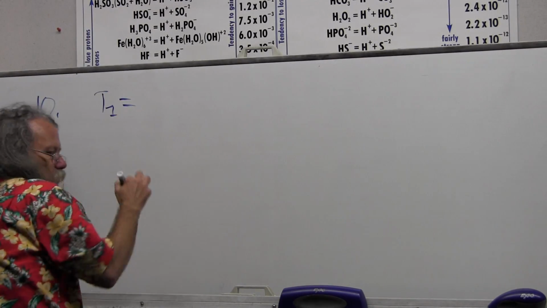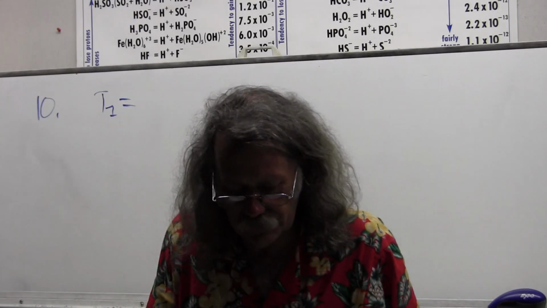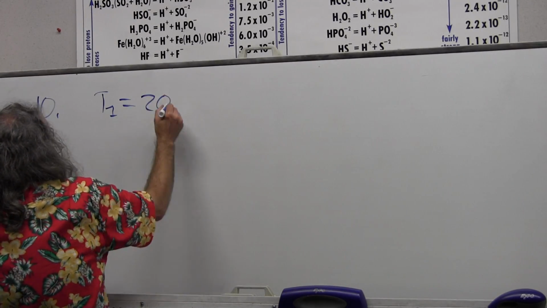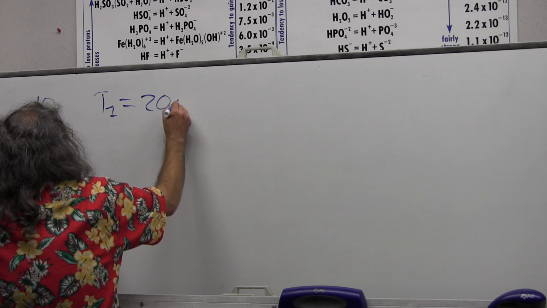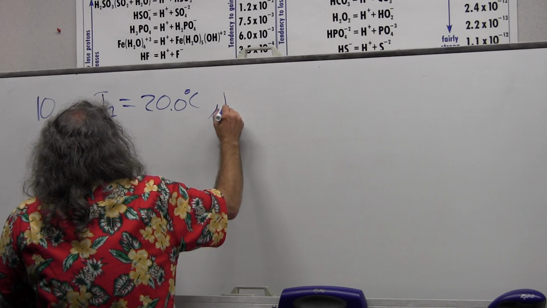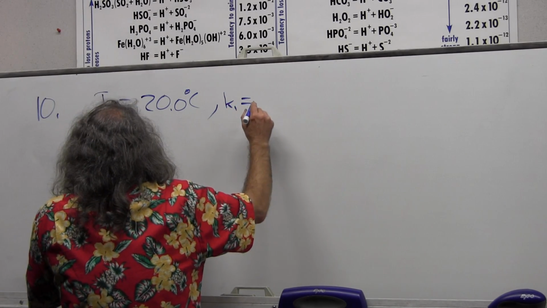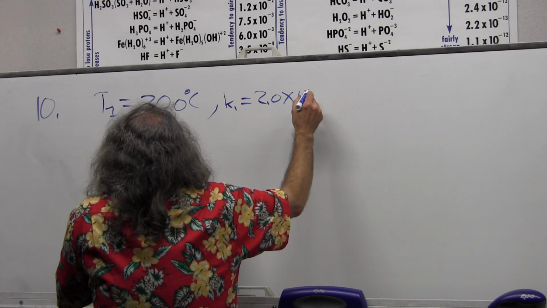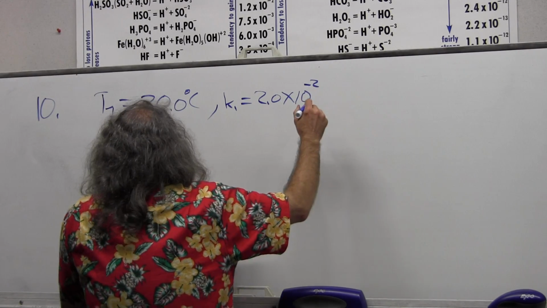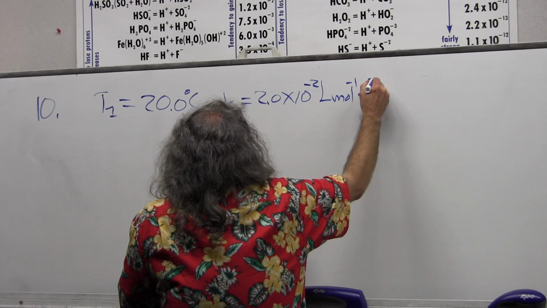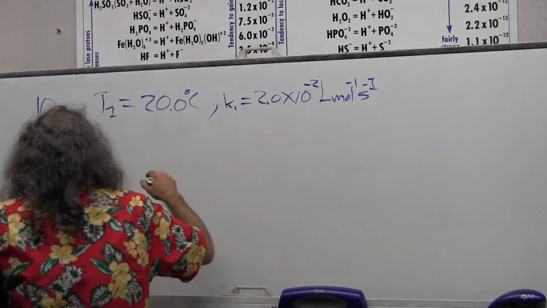T1 equals 20 °C, k1 equals 2.0 times 10 to the negative 2 liters per mole per second, and T2